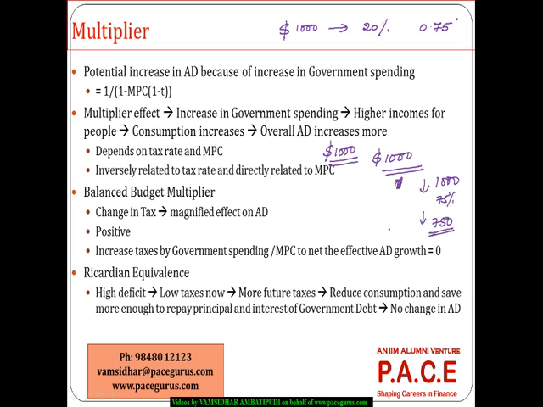So 250 is the down, right, out of that 1,000. Which means when I go with the multiplier effect here, I am looking at this whole value, to whatever extent it is going down, the 750, out of that 750, again a 20% tax rate. What we could typically see is the magnified effect that is coming on the aggregate demand, and we see that